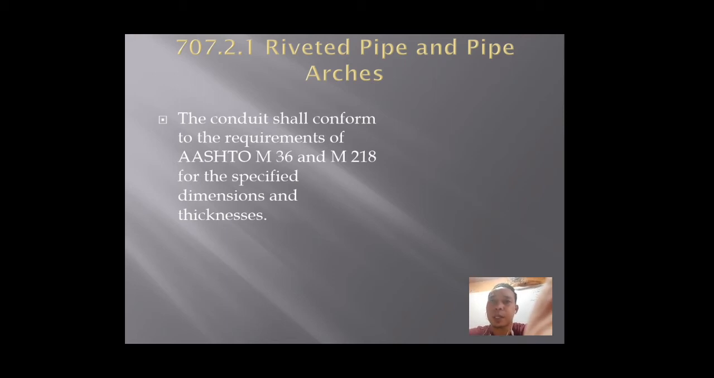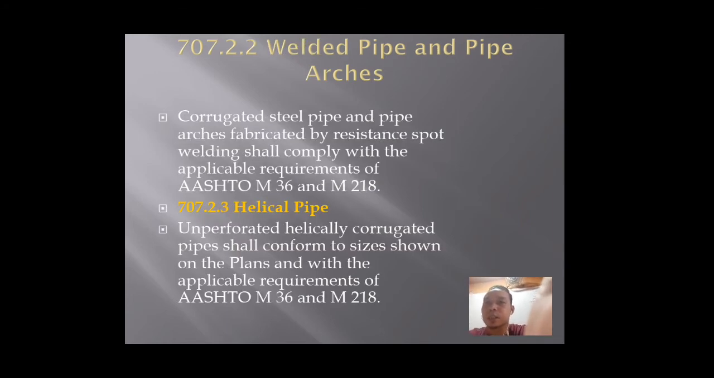707.2.1, riveted pipe and pipe arches. The conjoint shall conform to requirements of AASHTO M36 and M218. So for the specified dimension and thickness, so for us to be able to know the standard thickness and dimensions, we refer to or conform to AASHTO M36 and M218. And the next sub-item